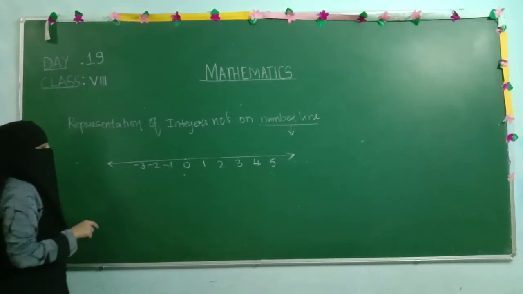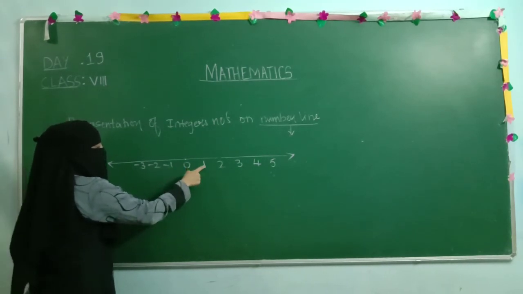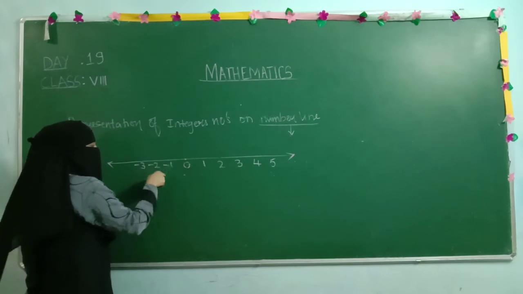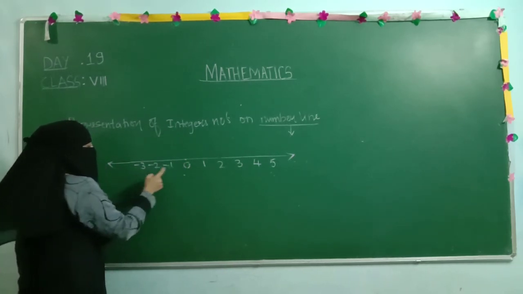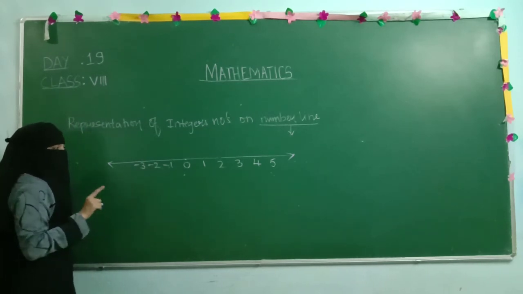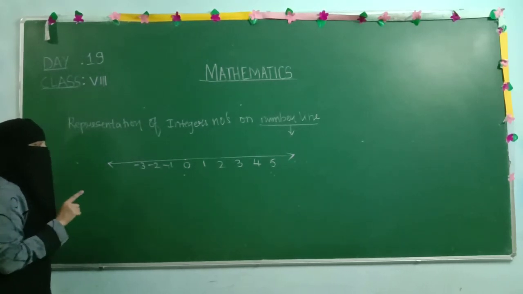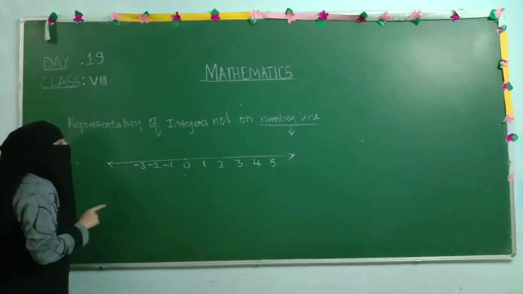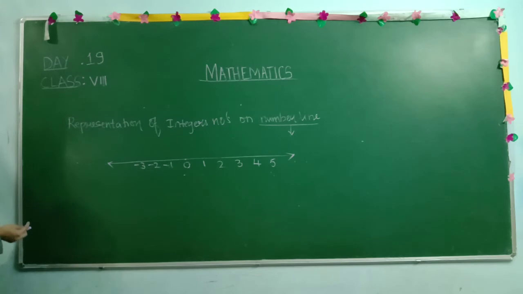Okay, so what is the successor of 0? Yes, exactly, the successor of 0 is 1. What is the predecessor of 0? Yes, -1. When we are talking about whole numbers, there is no predecessor of 0. For natural numbers also, there is no predecessor of 1. When we are talking about whole numbers, there is a predecessor of 1, that is 0. Is that clear? So, this is the way of checking the predecessor, successor and the representation of natural numbers, whole numbers and integers.